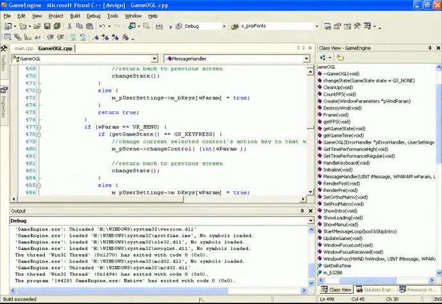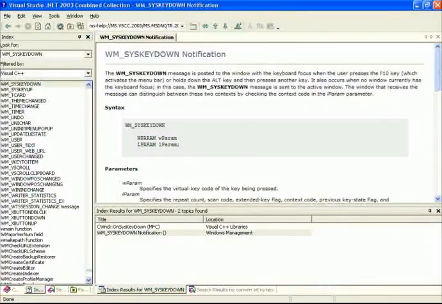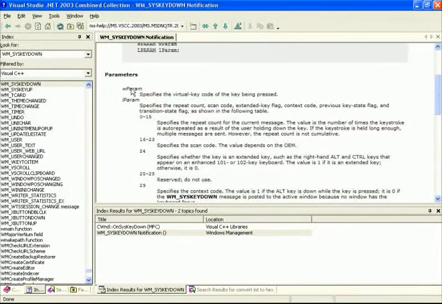So to understand what's going on here, let's open up Visual Studio. And if we go into the Windows message key down message that gets sent to us and read through here, you'll notice that wparam is a specific virtual key code. However, if we go down here and take a look at lparam, bit number 24 specifies whether the key is an extended key, such as the right-handed Alt or the right-handed Control keys. If that's true, then this bit, number 24, will have a value of 1 if it's extended and 0 otherwise,